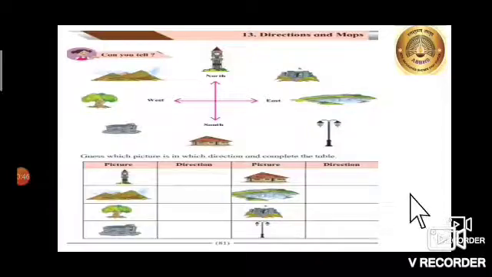Students, this is the page of your textbook of EVS 1, page number 81, and this is your lesson. The first part of the lesson is, can you tell? Can you see this diagram in your textbook which shows the directions, that is east, west, north and south? After the explanation is over, you have to do this activity in your textbook on page number 81 and page number 82 on your own. Let's get started with the lesson.